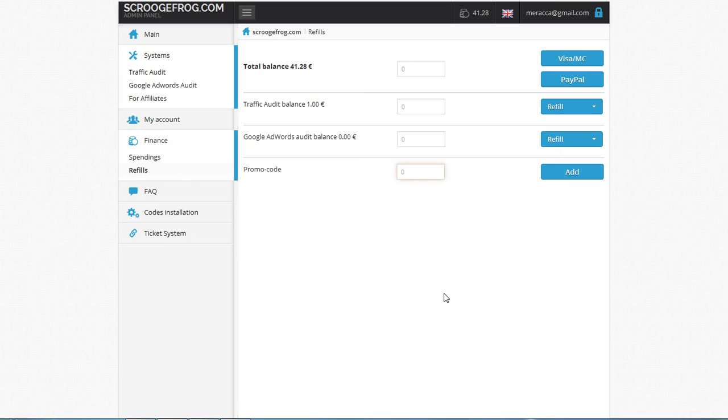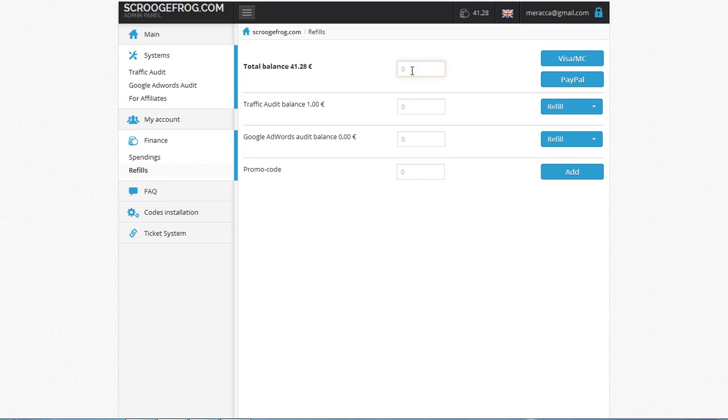There are two ways of payment. It means two ways to refill your balance, which is Visa or MasterCard and PayPal. So to refill your balance you need to put in a sum and click Visa or MasterCard payment or PayPal.